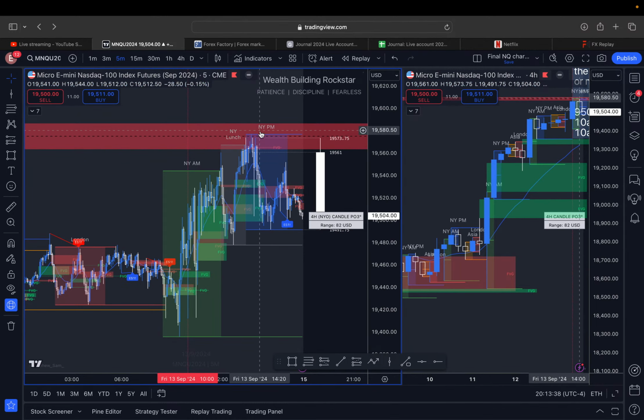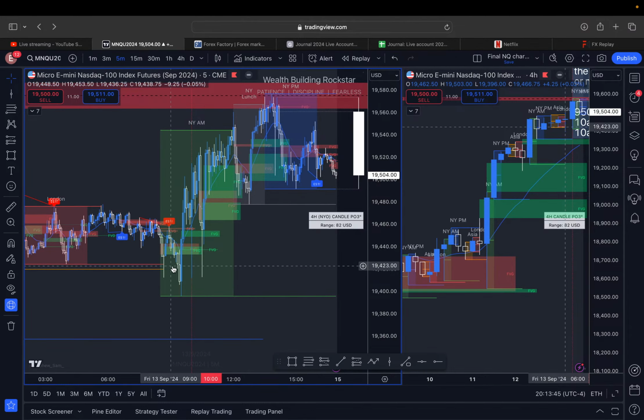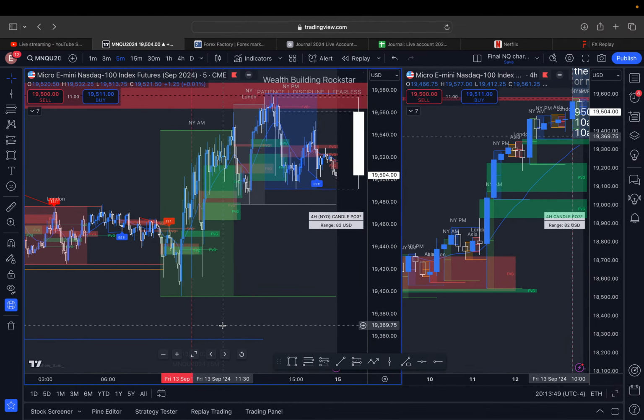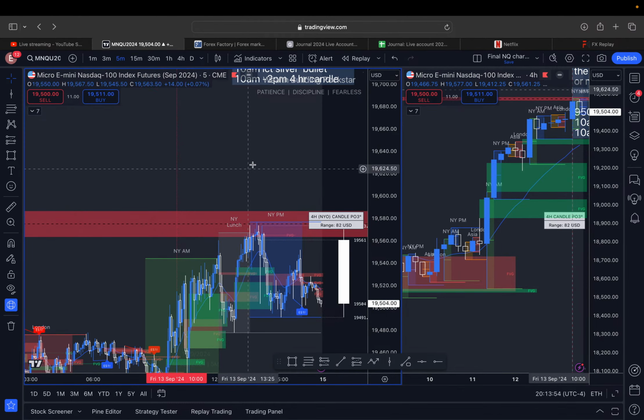You see it bounce in the fair value gap, and then it immediately reversed. That's what you're waiting for. And then on the other side, you want a full candle close run down through a liquidity point for a continuation if it's going to continue down, or you want a fair value gap to be inverted, which means if